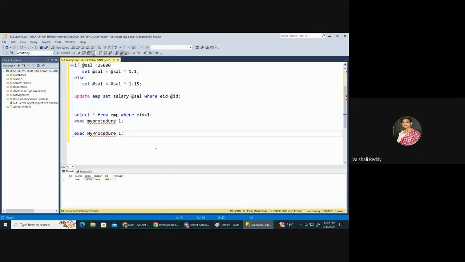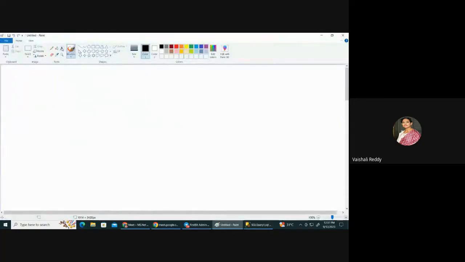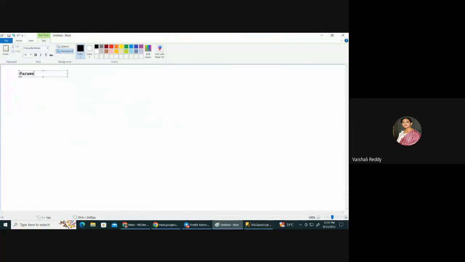Okay, so this much everybody has understood. Now when we talk about the parameters in stored procedure, then we may have three types of parameters. One is in, the next one is output, and the third one is in out. So in is basically called an input parameter. If you do not mention anything, it is considered an input parameter. सिर्फ इनपुट लेने के लिए यूज होता है, और we also call this a read only parameter. Then there is the output parameter, which is for the output,